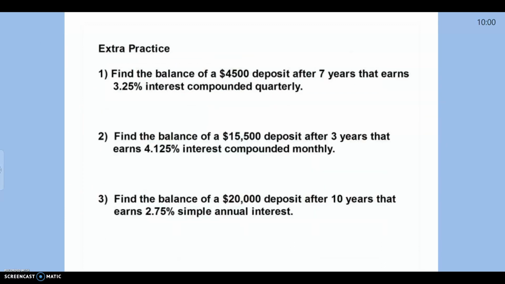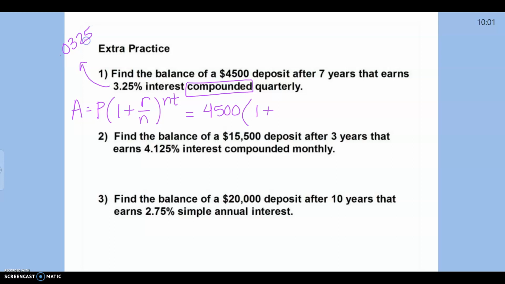So let's look at another few, okay? So number 1 right here, it says find the balance of a $4,500 deposit after 7 years that earns 3.25% interest compounded quarterly. The most important word in this entire problem is compounded, okay? Again, if you see the word compounded, you need to write this formula on your paper. Now, you're going to be given this formula on a test, so you don't have to have it memorized, okay? But you got to know to use it. So P is what we start with. So we start with $4,500 times 1 plus. My rate is 3.25%. So remember we write that as 0.0325